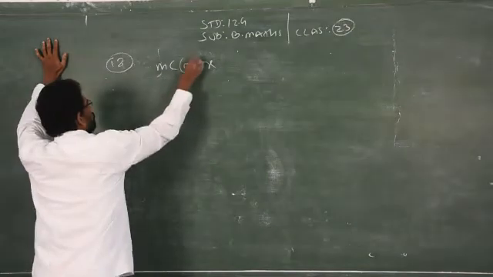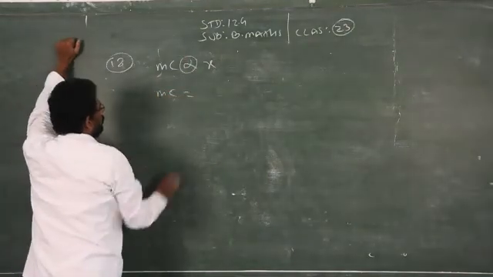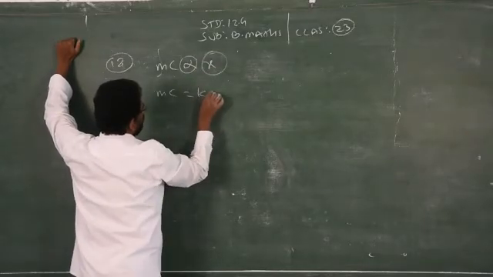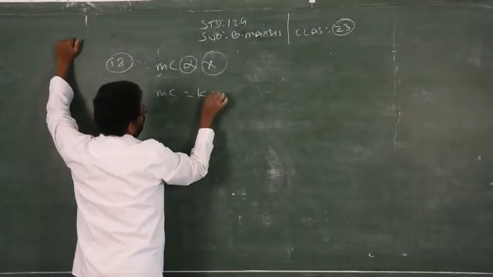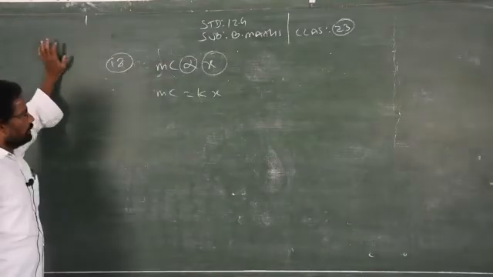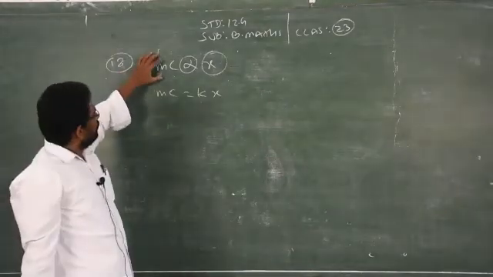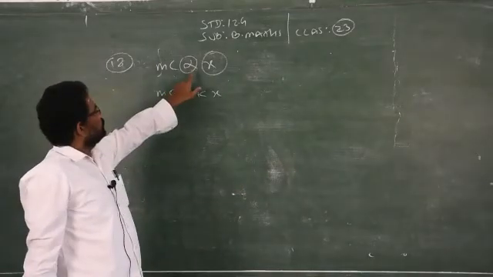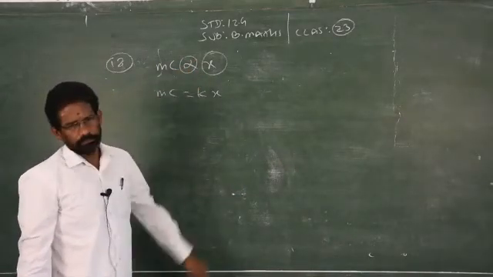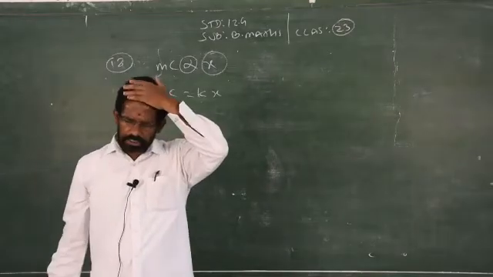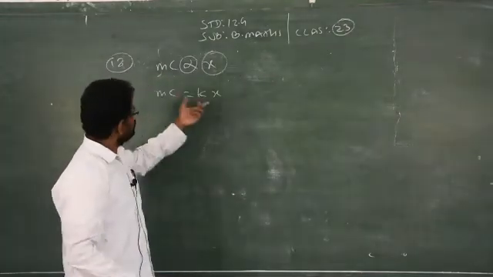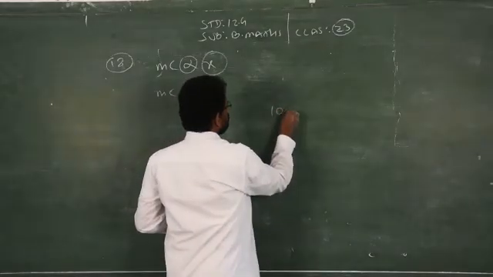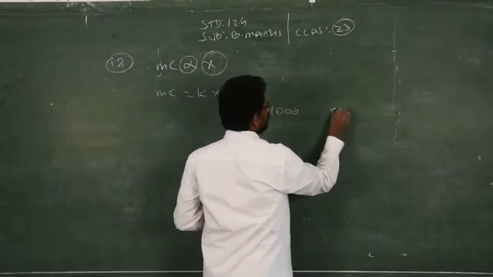See, when you replace the proportionality symbol according to mathematics, you have to multiply that variable with some constant. So I take the constant as k. So now I got MC is equal to kx. It is given very clearly that marginal cost is proportional to the number of units. When you replace the proportionality symbol, you must multiply with the constant, because in the lower classes we divide 1,000 rupees in the ratio of 5:2.